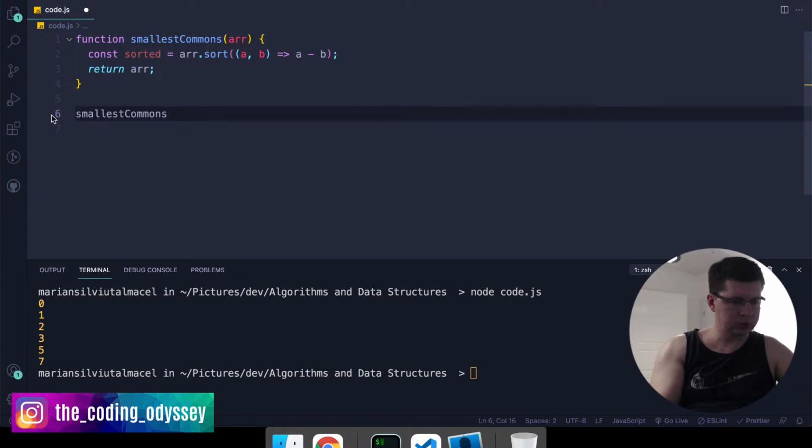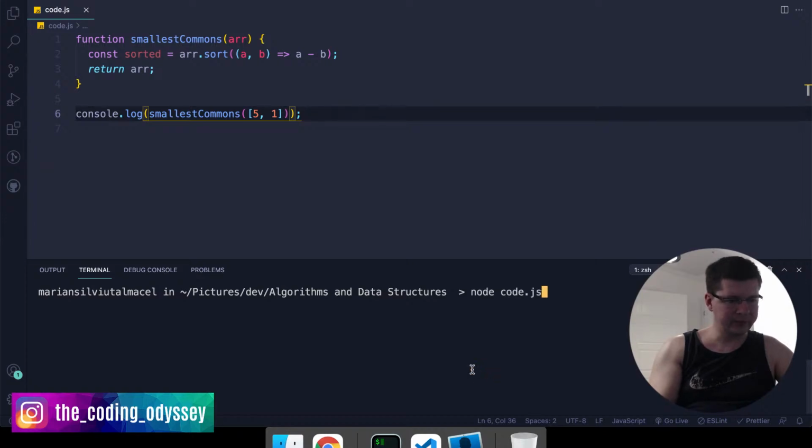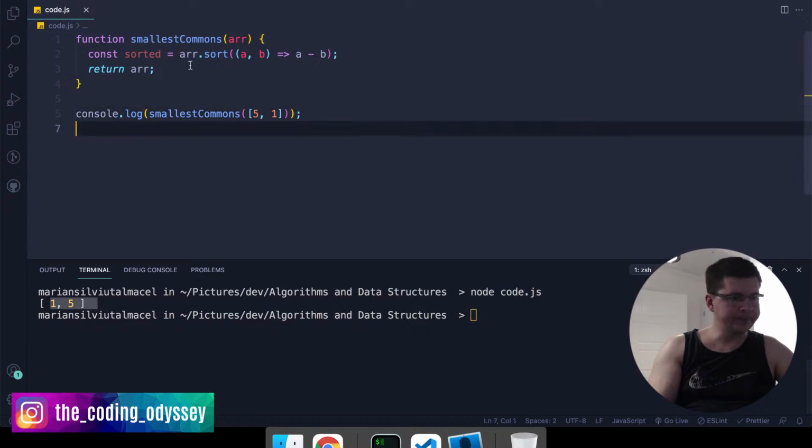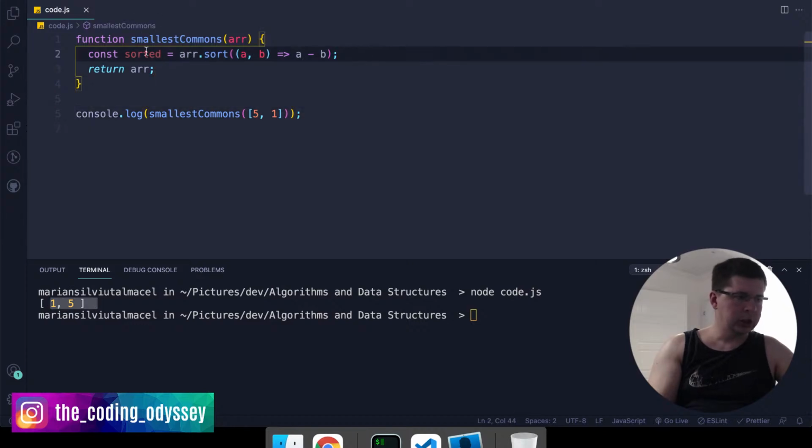Smallest commons of 5 and 1, and we console log this. This should give us 1 and 5, otherwise our function for sorting is wrong. And we get 1 and 5, so it's correct. So we have this sorted, and instead of having this array, we want to say